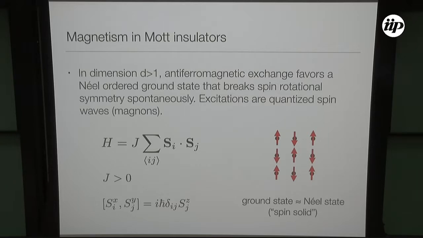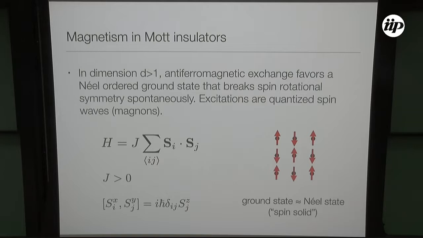So let me just remind you about some basic facts about magnetism in Mott insulators. A Mott insulator is something you can describe by starting from a Hubbard model and taking the limit of very large U, very strong repulsion. And in this case, you can think that charge fluctuations are frozen, and the interesting low energy physics is only in the spin degree of freedom. So you can think that there is one spin 1/2, let's say, at each position on a lattice. And if you start from the Hubbard model and you take the large U limit, the natural spin model that you get is the Heisenberg model with antiferromagnetic exchange interactions of positive J.